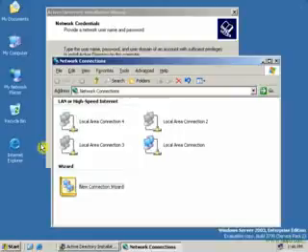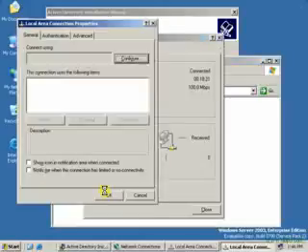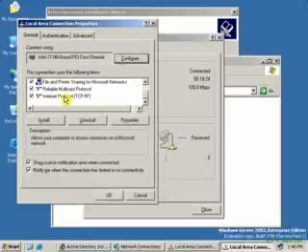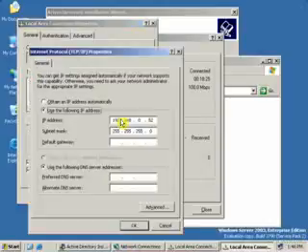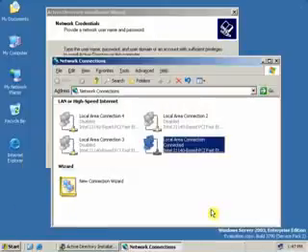Go to My Network Places, Properties, click on Local Area Connection, click on Properties, go to Internet Protocol and just type the IP address of the domain controller. That will be 192.168.0.51. Click OK,